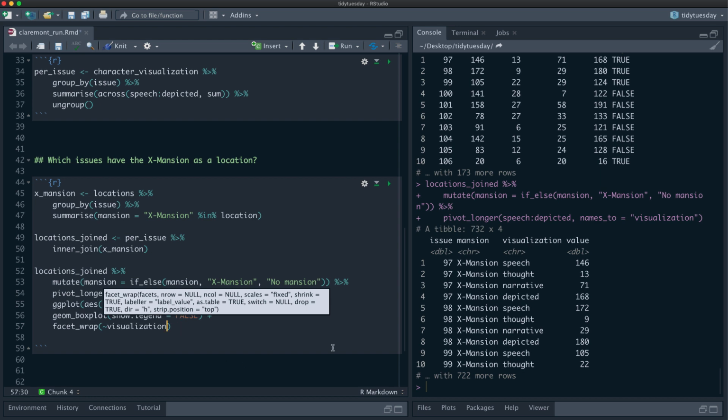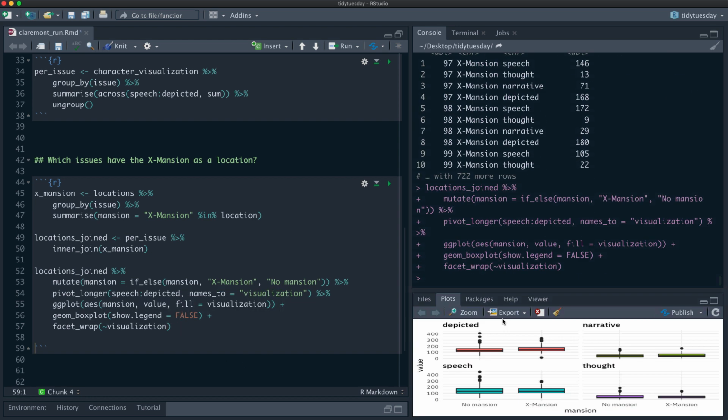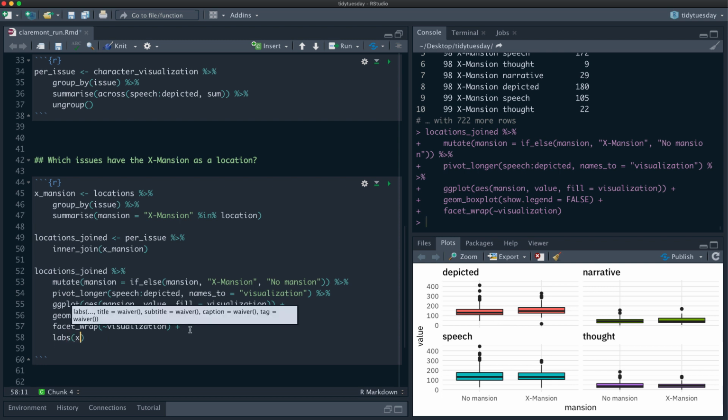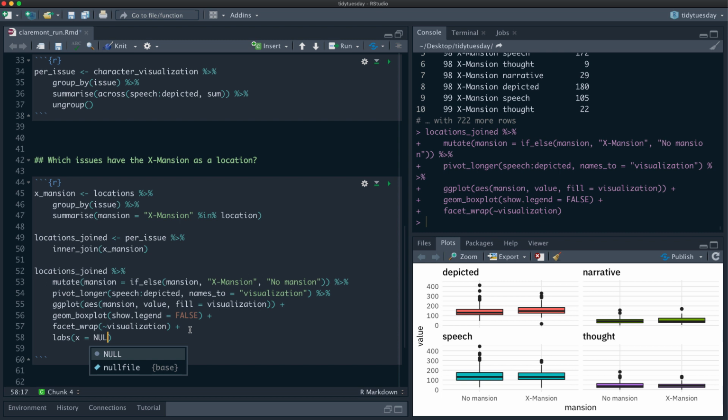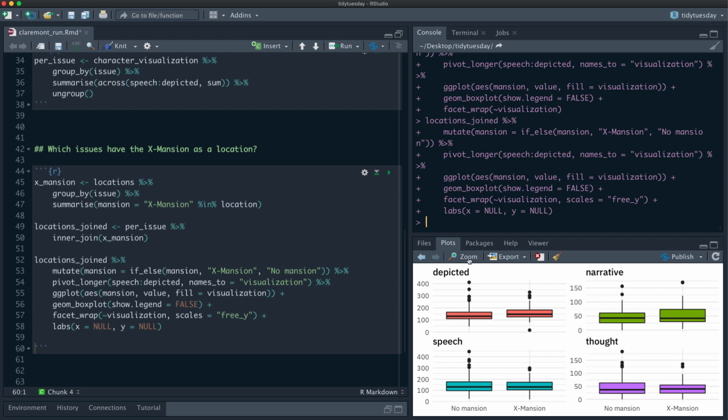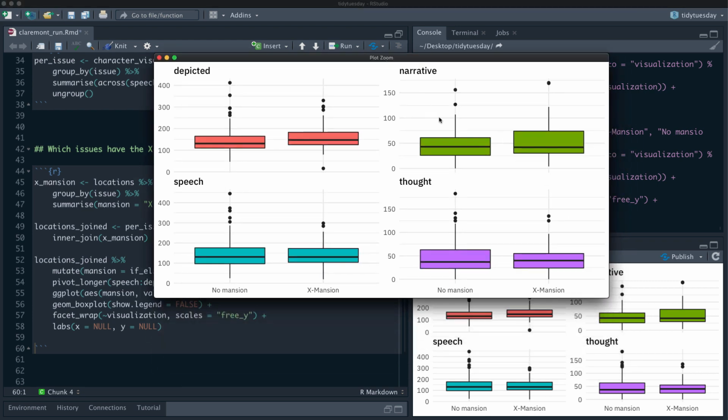And let's look at that. Okay, so this is a good start. We don't need that Y label or the X label, and let's... the scales are on fairly different X and Y axes, so let's do this. So we've got